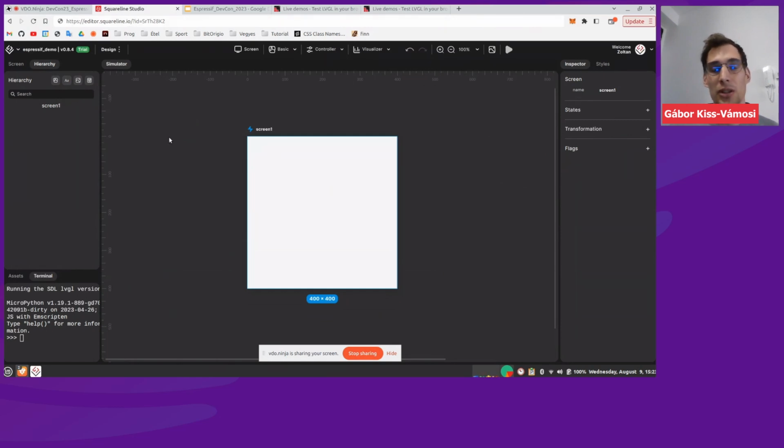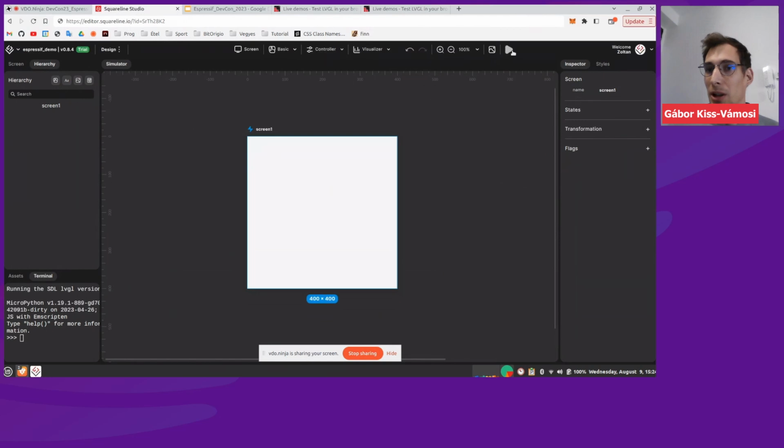While the first version was a normal desktop application, the second version of SquareLine Studio can be opened in any web browser. This way, you can edit your user interfaces from any place, and you can access all the assets, all the projects, anywhere you are. The other thing that you probably noticed is that the style and the design of the new version has been completely changed. We have optimized it a lot. We made it a lot cleaner and easier to use.